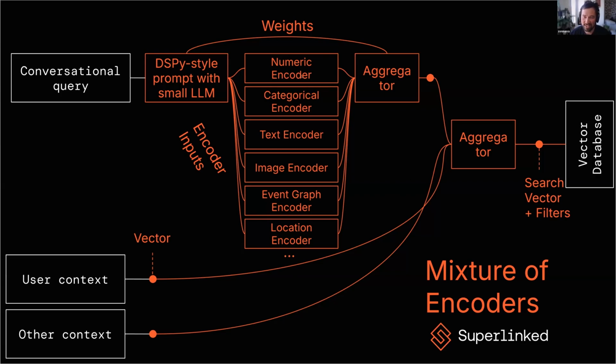Again, some of these encoders are pre-trained, some are trained in an unsupervised way on the specific data set, and we have a couple of text and image embedding fine-tunes based on the domains in which we operate. Basically, Superlinked is a framework to build this orange thing. All the orange stuff, we have an open source framework for that. And obviously, on the other side, you need to be feeding the vector database with your data encoded with similar machinery, so that the search vector meets the data vector in the database, and everything is compatible.